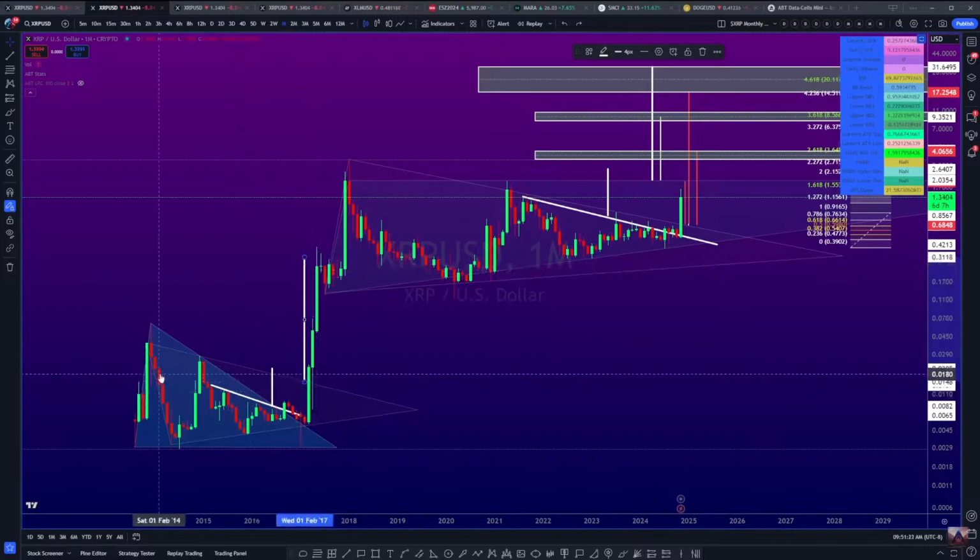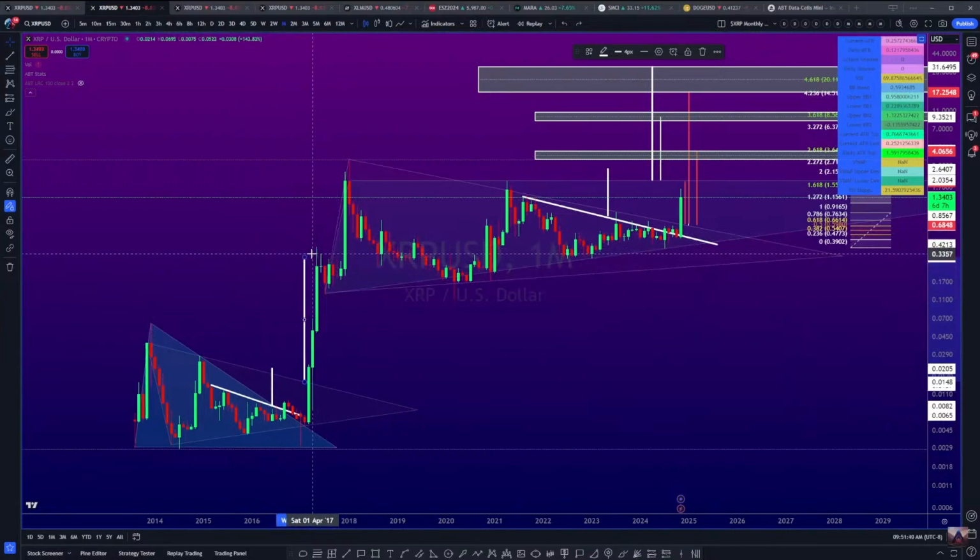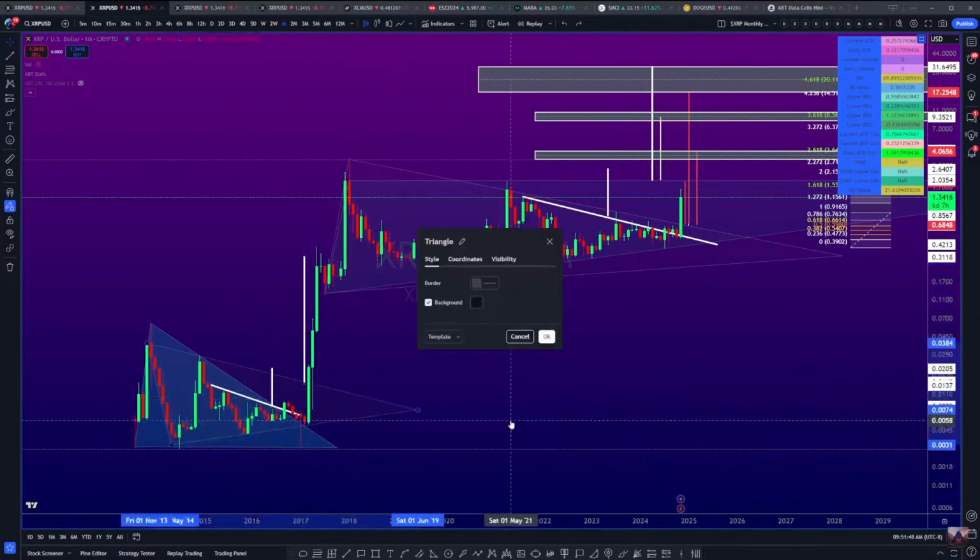We could have had the target from the shorter bound here down to the take profit zone of 24 cents. The longer zone would have given us around 26 cents or 27 to 30 cents. And price action actually reached around 40 cents. So a 50% split difference between the psychological targets is not bad. Secondly, we introduce a pennant.